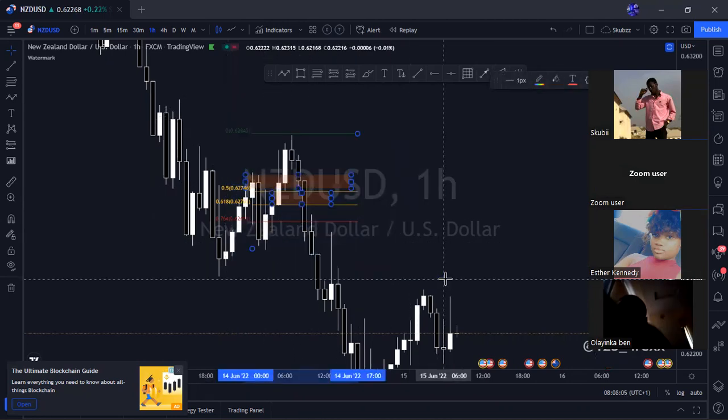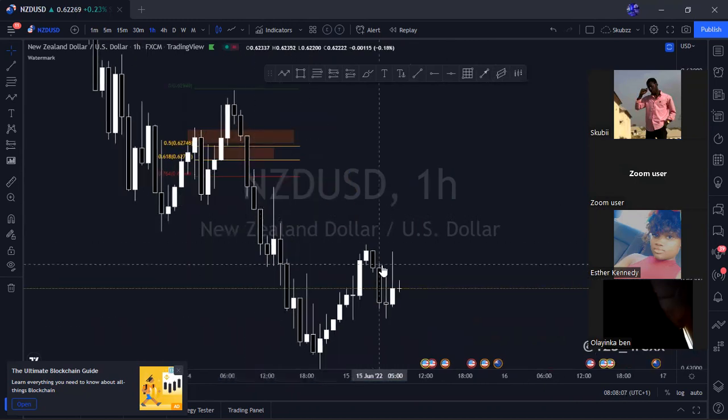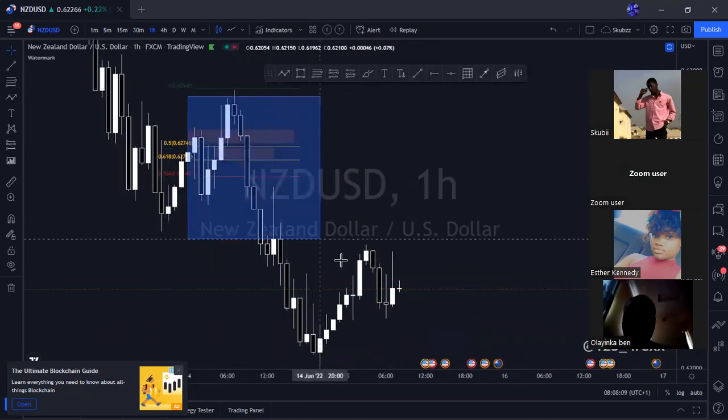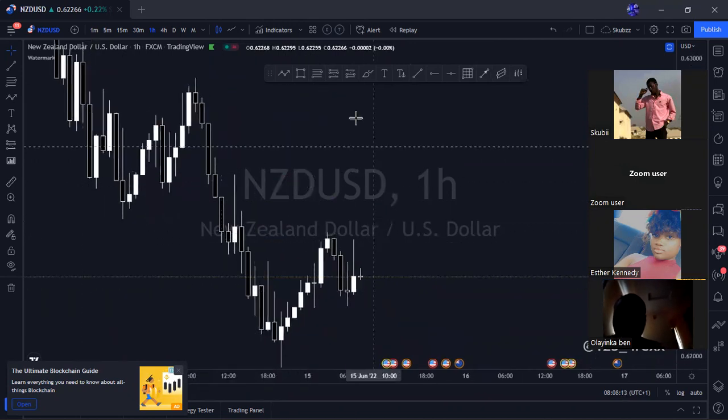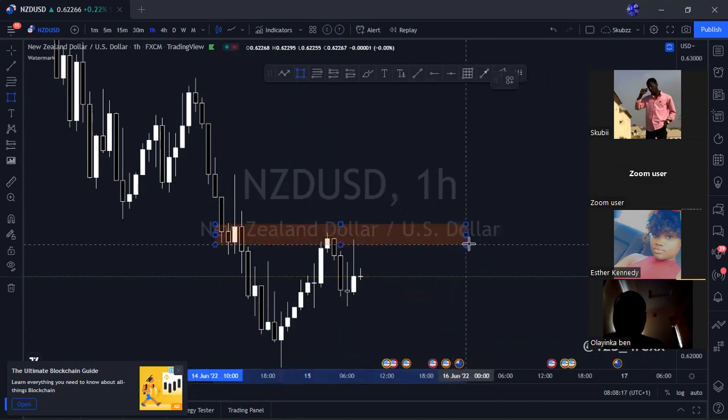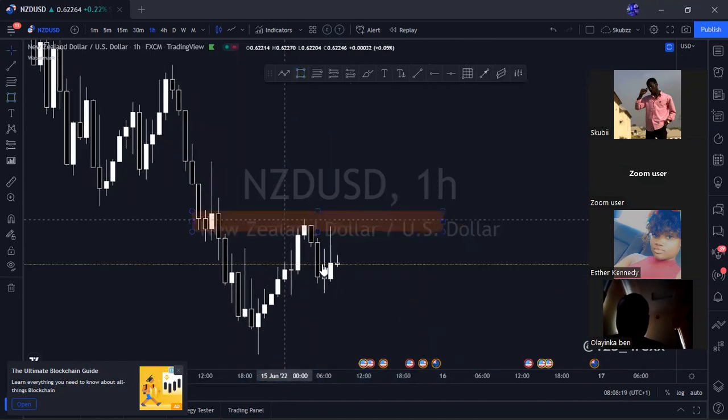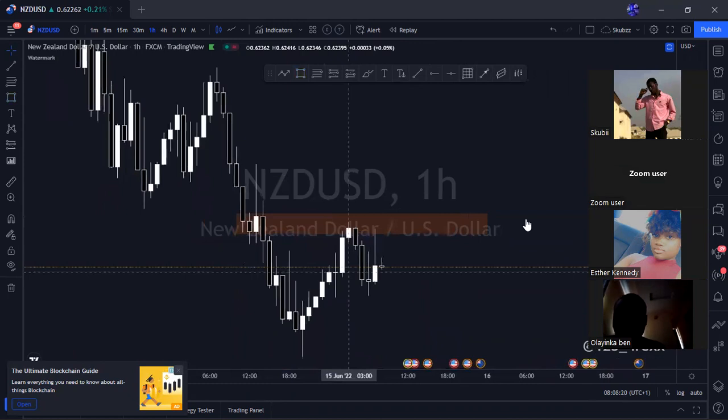So now, price broke structure to the downside. And just like AUD, price is doing that cough. Yes, but then this one is actually reacting from the supply zone. This candlestick here, that's where AUD is reacting from. Let's drop our feed on AUD and see what it looks like.